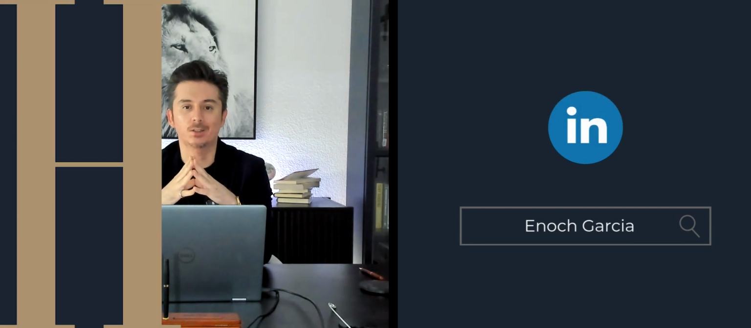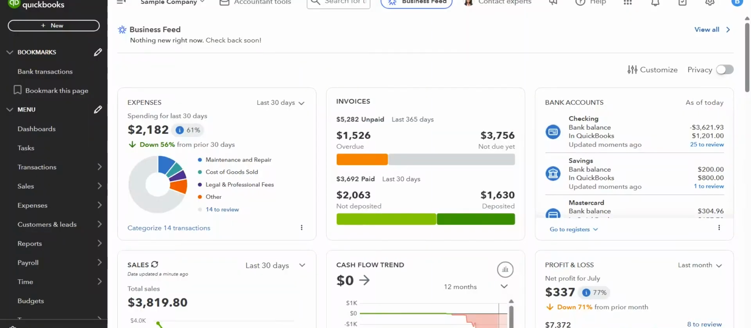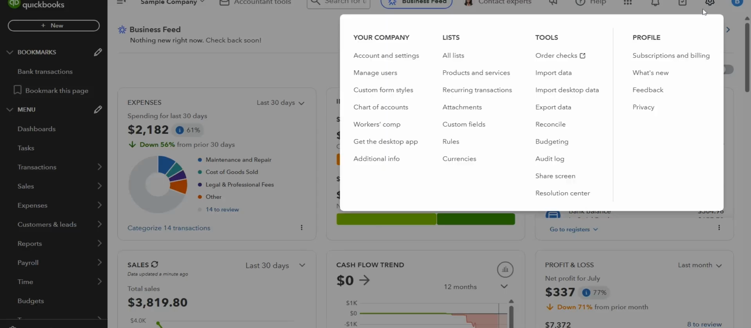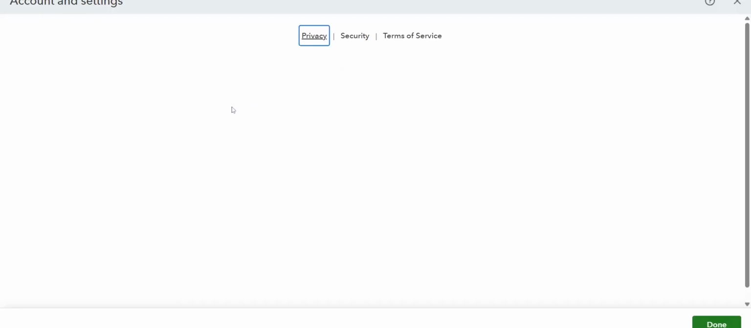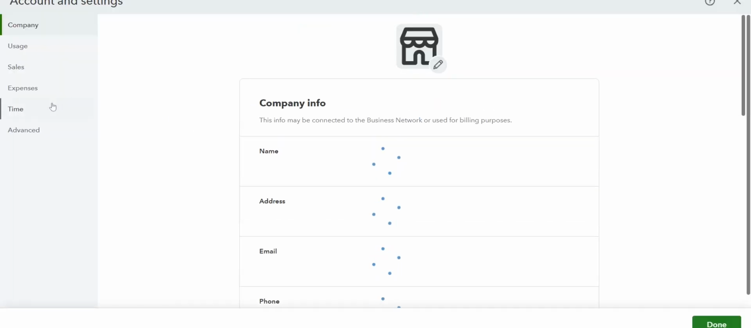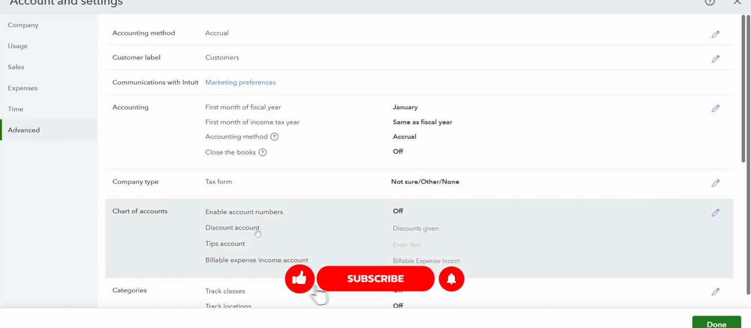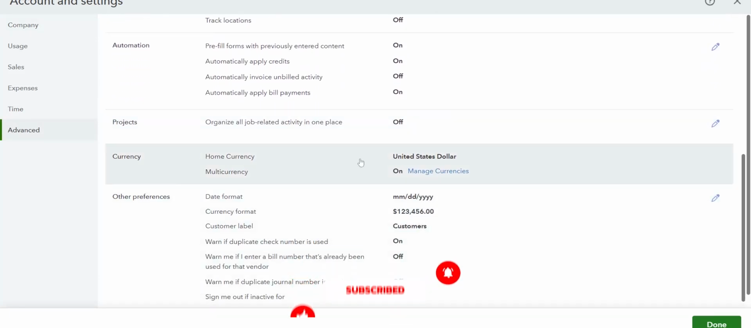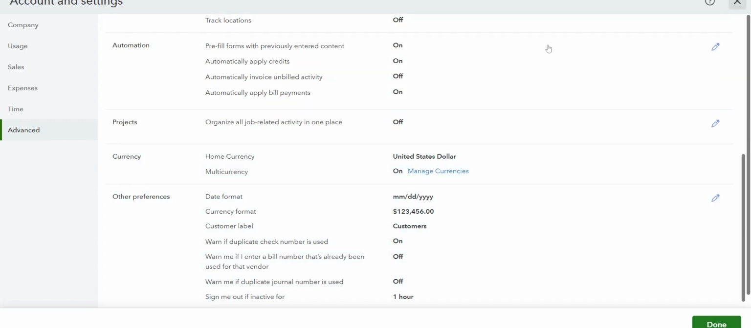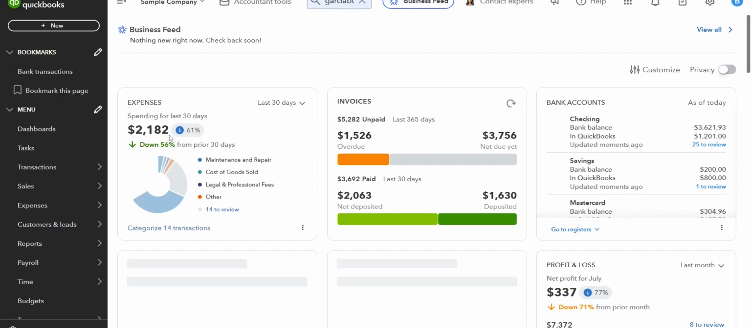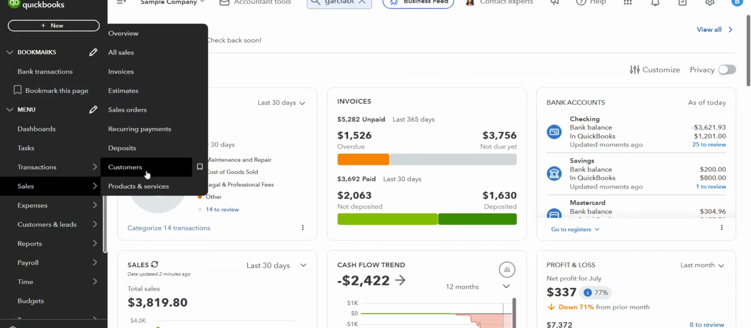Now let's get started. So to select a currency per customer, we will have to create a brand new customer. So before you do that, you have to make sure that your multi-currency option has been turned on. I've done a video before this one on how to do so. So turn it on and manage the currencies that you need. But once you've done that, you'll go to Sales, Customers,